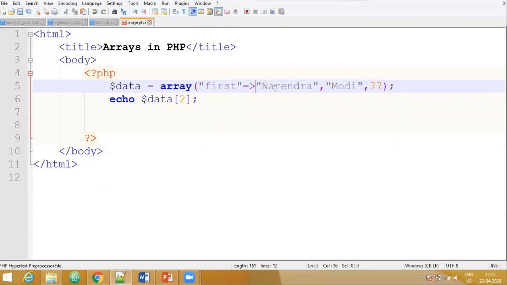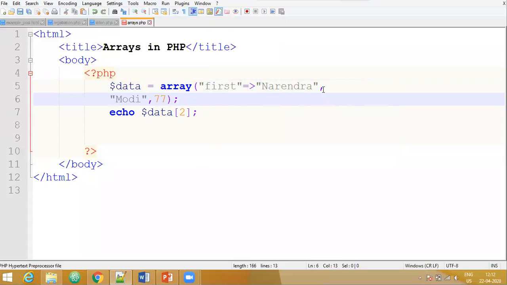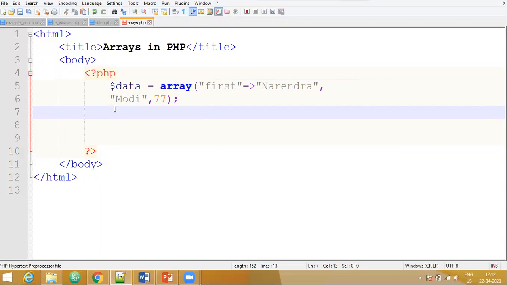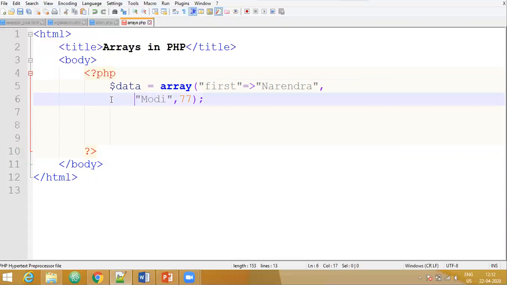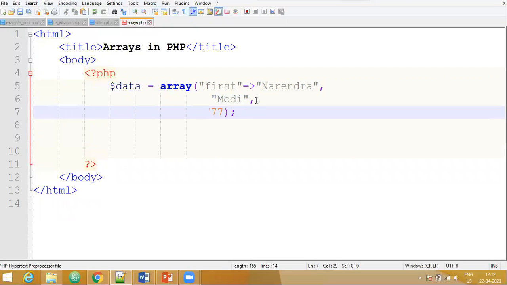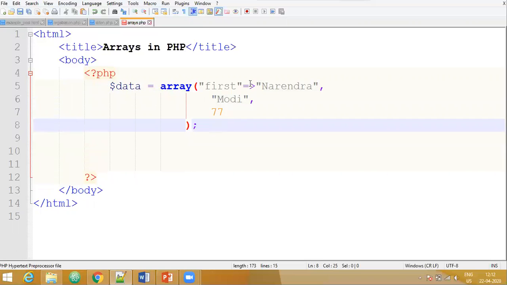So it means that the value Narendra is given the name first.